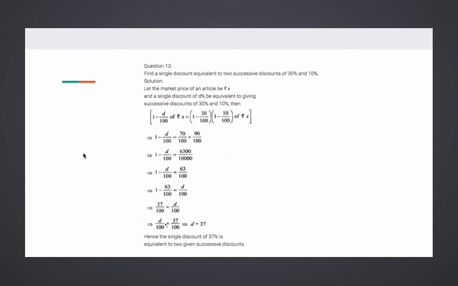For example, you go to a shop and you buy 2 pens, such that the price for each is rupees 10. So for 2, what's the price? 20 rupees. Similarly, if I say that you buy 5 such pencils, students, then what will be the price? Rupees 50. What is happening here is, the more the number of articles purchased, the more the cost. Clear, students? So such a variation is called direct variation.